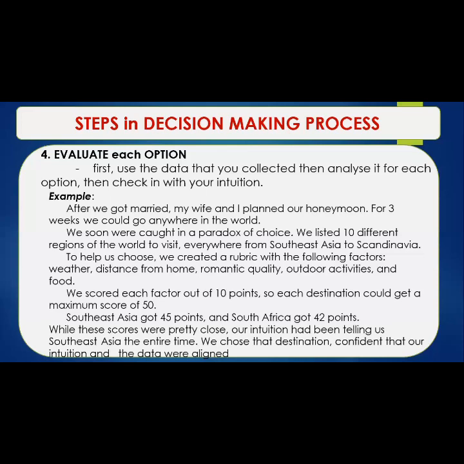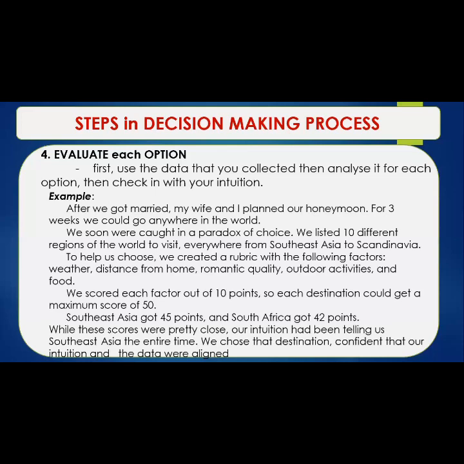Now, after collecting data, we can use it to measure the pros and cons for each of the potential solutions or responses. Once we measure the pros and cons, we can rank our options. Now, it can be difficult to rank options when the basis of ranking is not obvious, right? Sometimes it can feel like you're ranking apples and oranges. In these situations, a rubric is really effective.